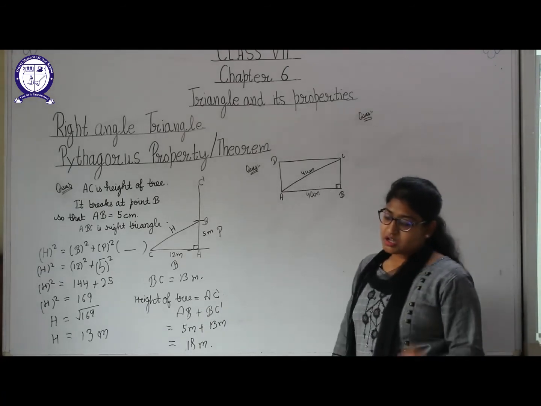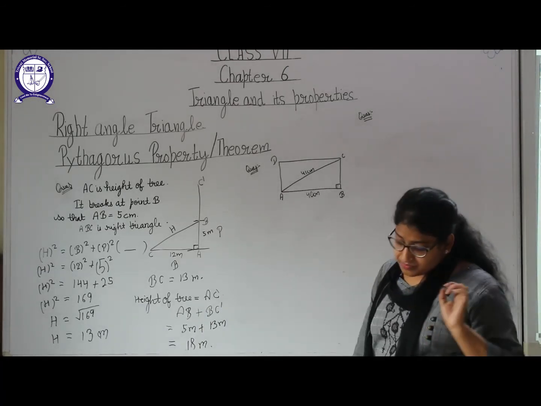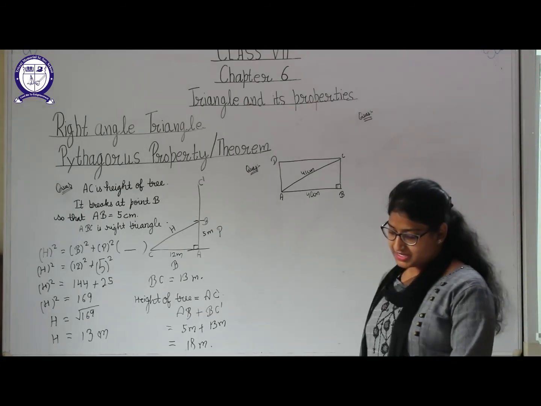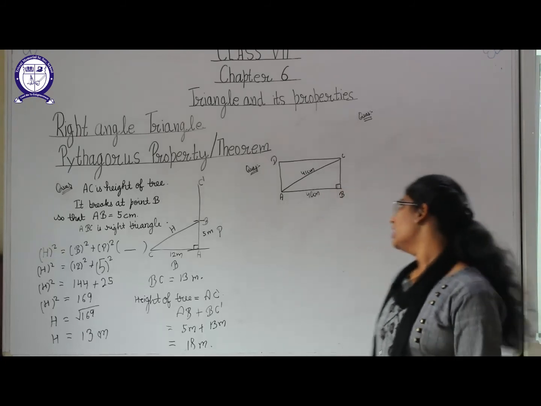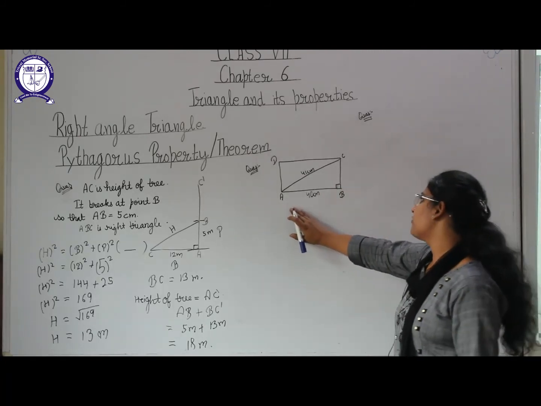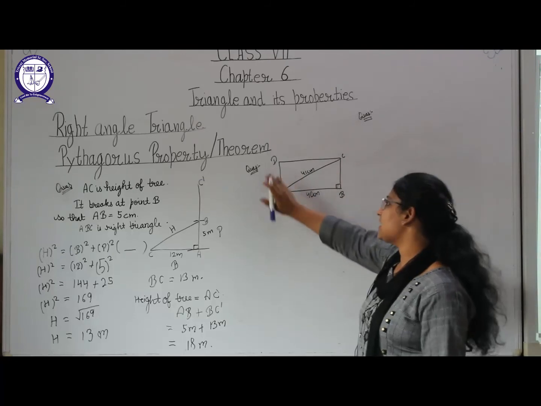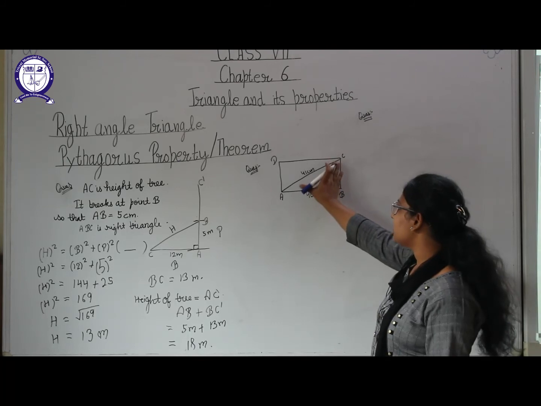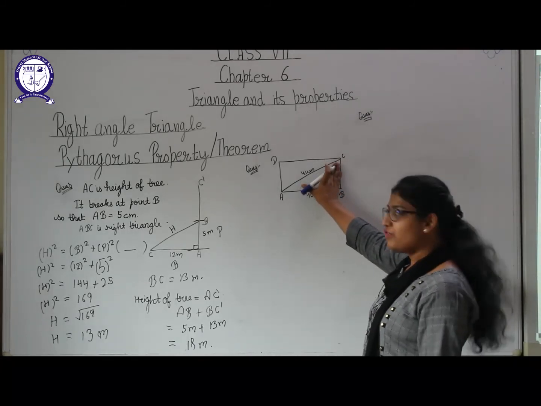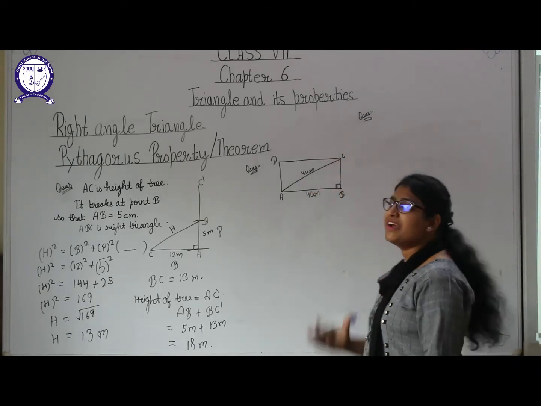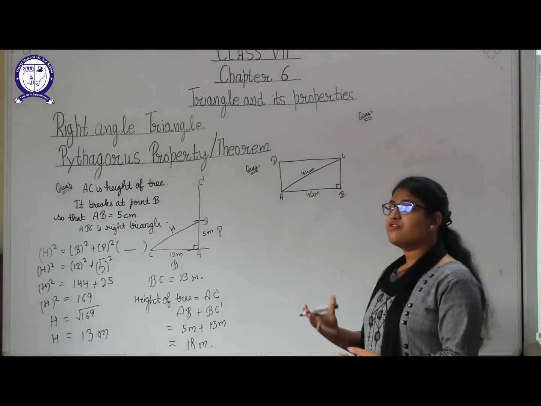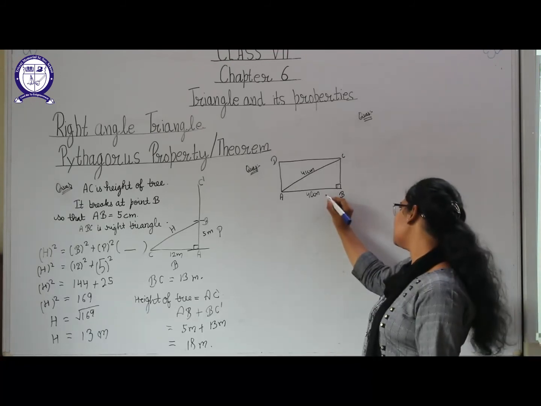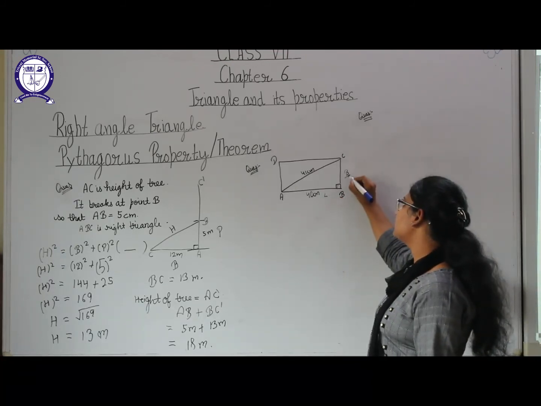Okay students. Now there is another question, which is: find the perimeter of the rectangle whose length is 40 centimeter and the diagonal is 41 centimeter. Here I have drawn a diagram of a rectangle, which is ABCD. Okay, here length is 40 centimeter and one of its diagonals, AC, is 41 centimeter. We have to find the perimeter of the rectangle, and for the perimeter we need both length and breadth. This is length here. We need to find out the breadth also.